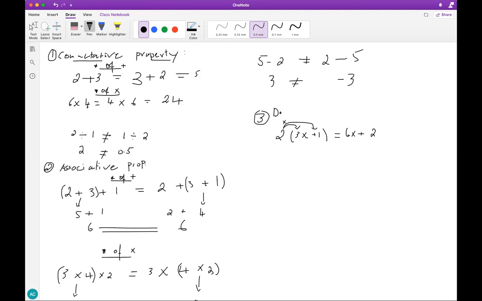Exactly, distributive property, because we basically distributed the 2 over the parentheses. Okay, so the distributive property